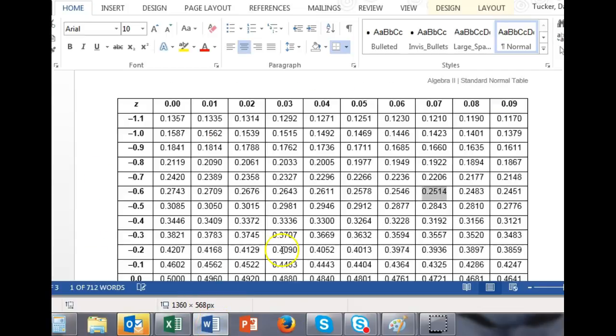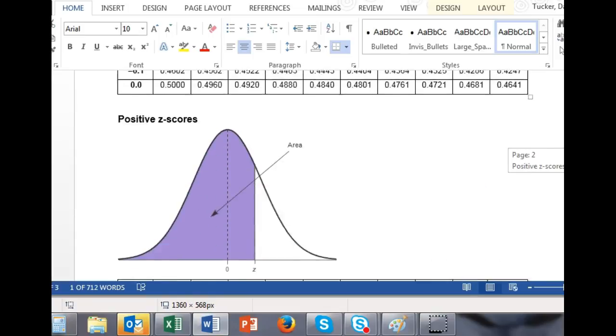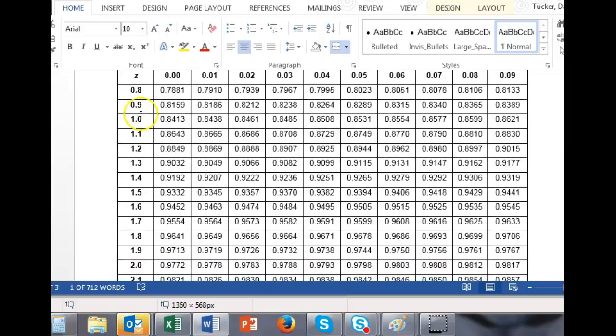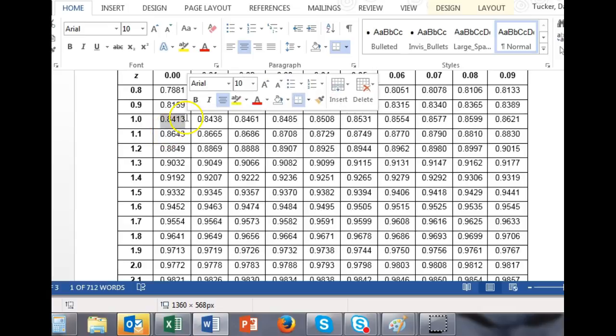We'll scroll down to a z-score of 1, that's 1.0. That would be right here. And there it is. The percentage is not 84%, which is what we said it was from our rougher data. It's